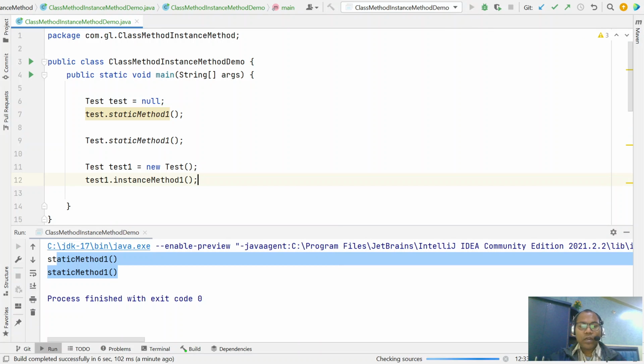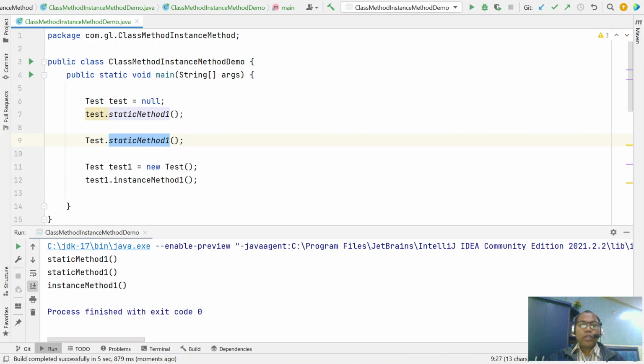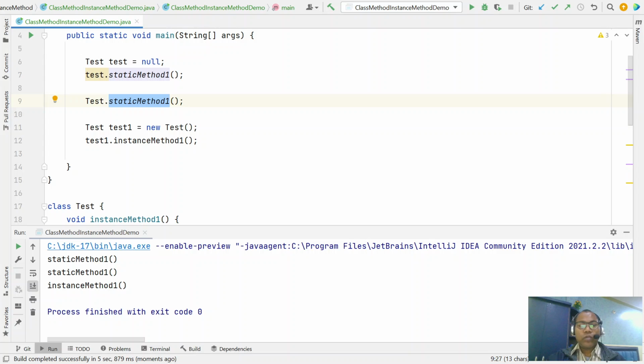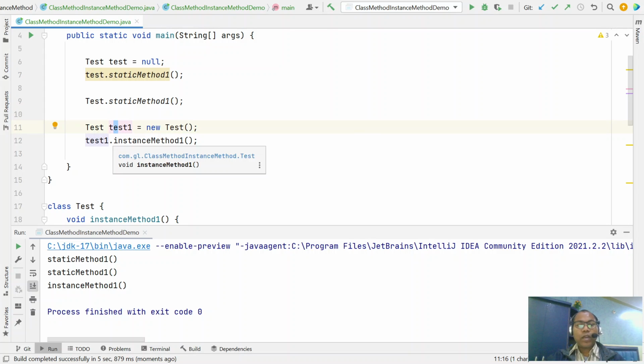This is the main use. A class method can be invoked from the reference variable of the class or from the class name itself, and due to that we say this is a class method. All static methods are known as class methods, and non-static methods are also known as instance methods. Without creating an object, you cannot invoke an instance method.